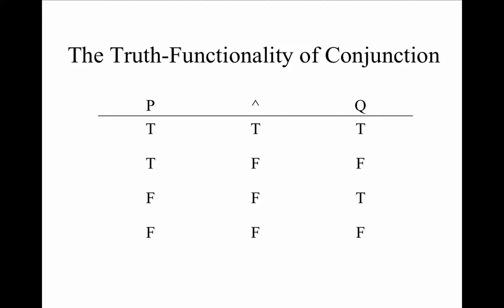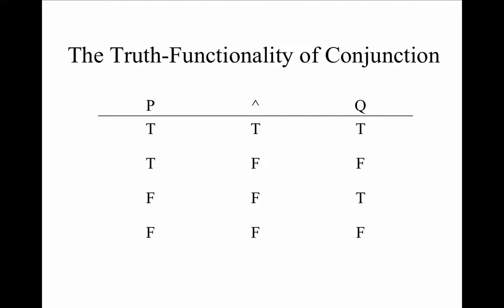Take a look at the column under the sentence P. There are 2 trues and 2 falses. Now take a look at the column under the sentence Q. The trues and falses alternate. Another way to think about this is by way of the following visual. Look at the row under